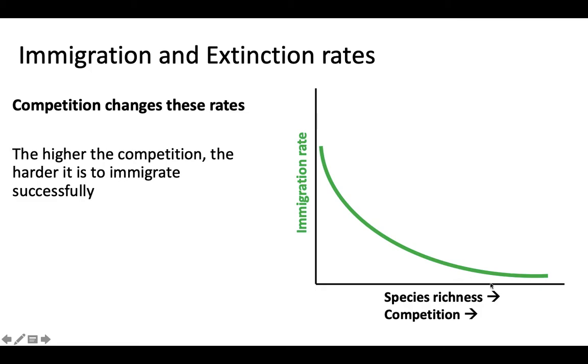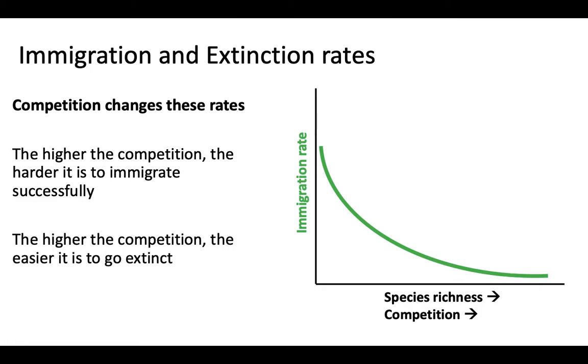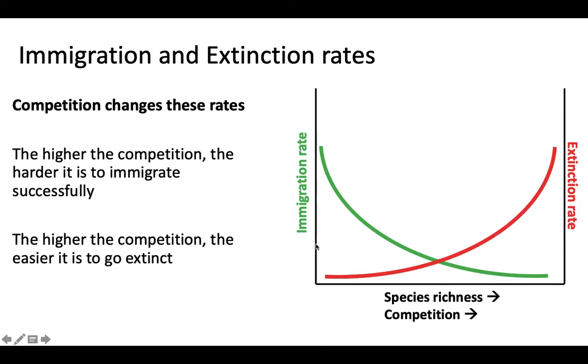The opposite is true with extinction. As the competition increases, it will be easier for a species to go extinct because there are limited resources and there's a higher likelihood that someone is going to lose out in that battle to the point where they might actually go extinct. The whole population might die. So if we graph extinction rate in red on the right axis, we'll see that as competition increases, extinction rate increases. So two different relationships going on here, and we're going to throw one more wrinkle into it.